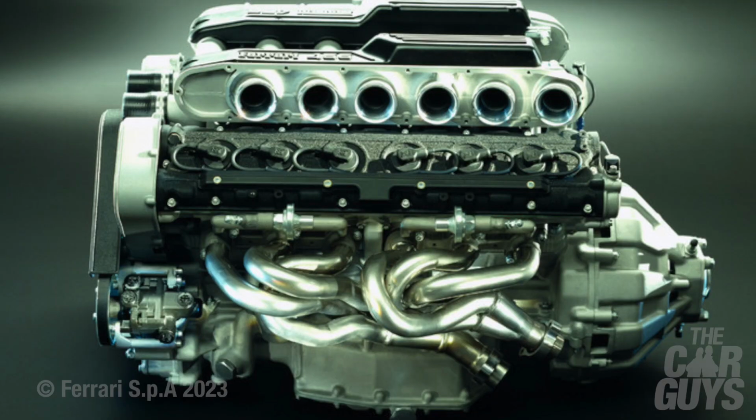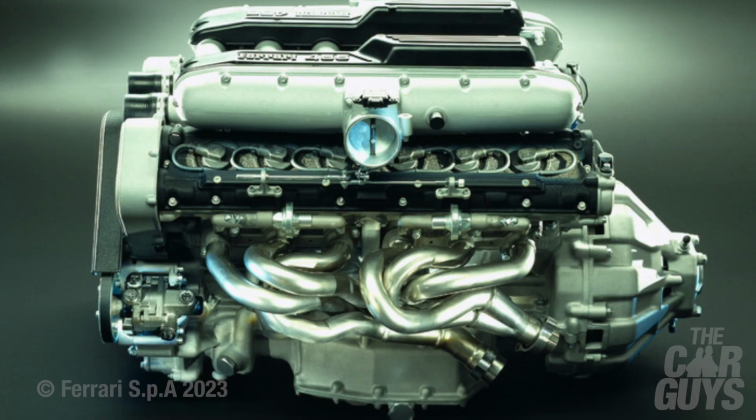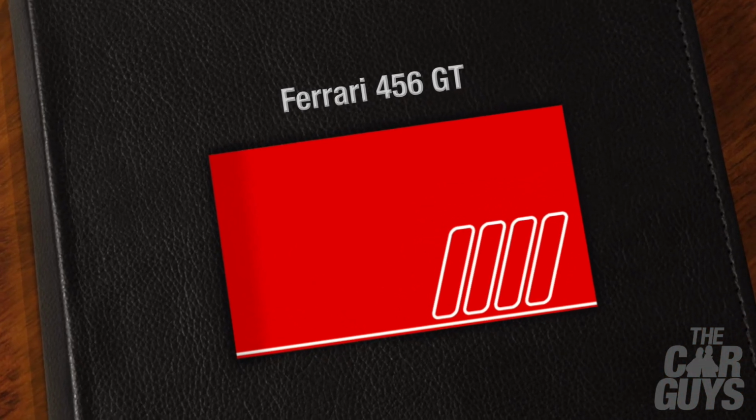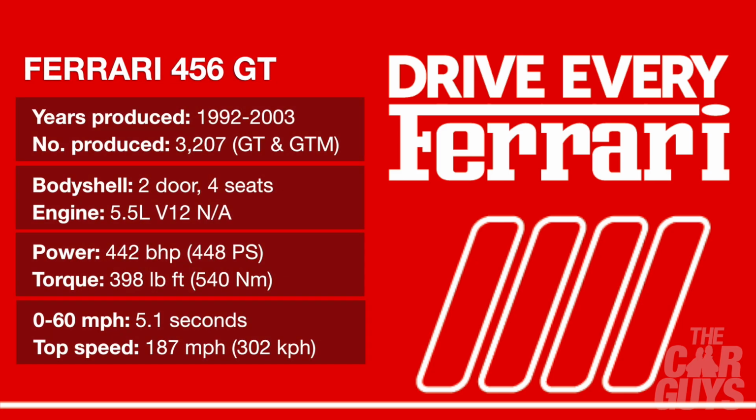The 456 GT received the first brand new V12 since the flat 12 boxer engine. Ferrari's chairman at the time, Luca di Montezemolo, called it a sexual organ. It's 5.5 litres, that's 5474cc to you and me, and it features Nikasil treated alloy cylinder liners and a Bosch Motronic fuel injection system. What that means is 442 brake horsepower, and that's good for 5.1 seconds 0 to 60